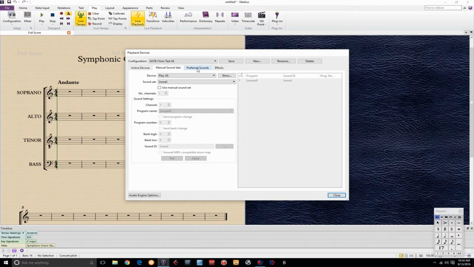Alright, so I have the 4 instances of play loaded and the sounds for each of those. Now what I need to do is configure a manual sound set to make Word Builder work and everything else work. So let's go ahead and use manual sound set, and maybe I'll start up here with the sopranos to do this in order. So click on Use Manual Sound Sets, and then go down to the Sound ID field